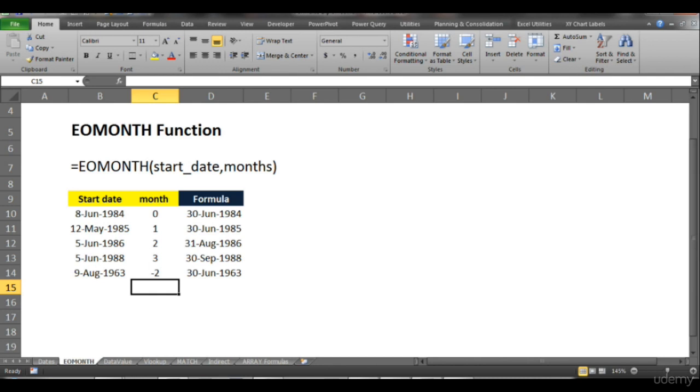So the end of the month function is very useful in various financial calculations and report preparation. We'll be using the same in our prepayment model, and you will have more idea when we use this function in our model preparation. Now let's see one more function in the date category, which is DATEVALUE, in our next section.